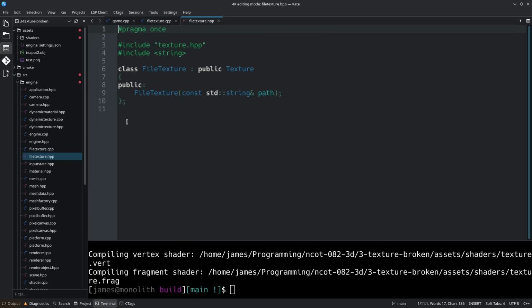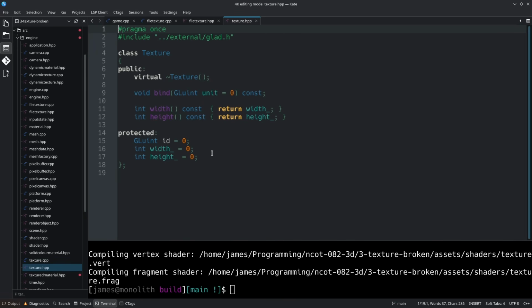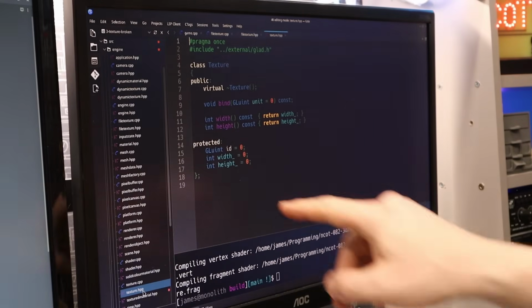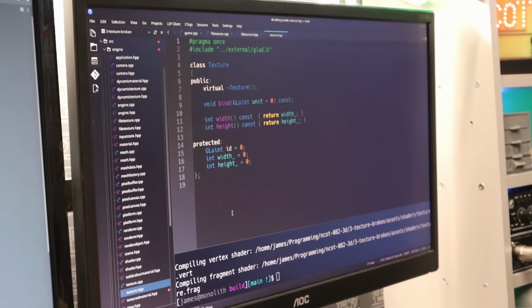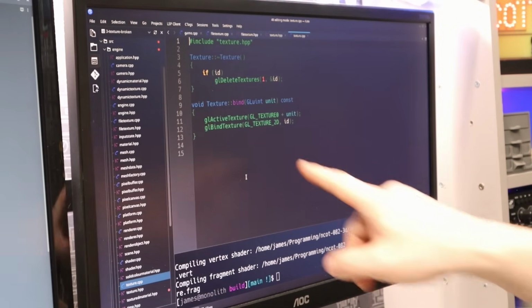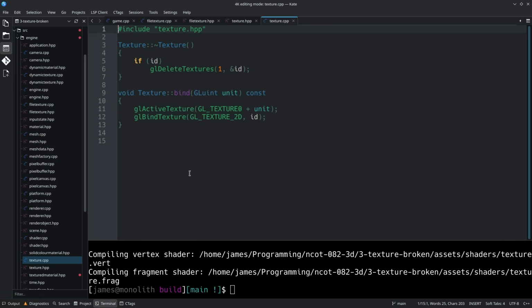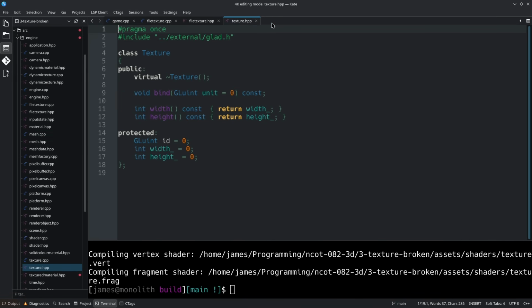So a file texture is a subclass of a thing called a texture. Let's just dig through this little hierarchy of classes. So a texture has the OpenGL ID that is required with the video card, along with the width and the height, and this function called bind. And all that does is activates the texture and then binds it. So if we go back into the file texture,